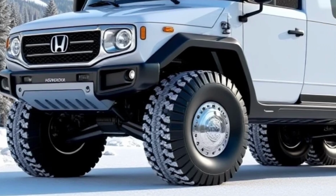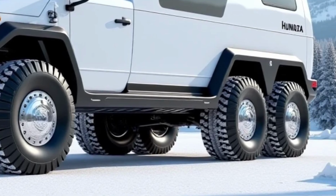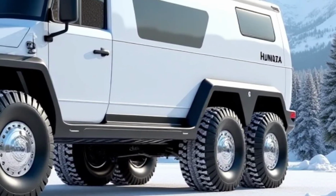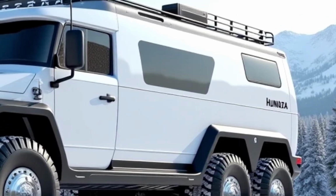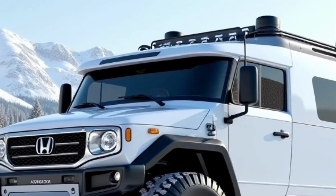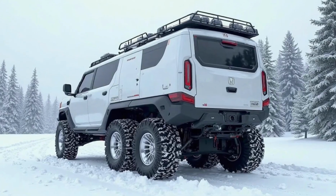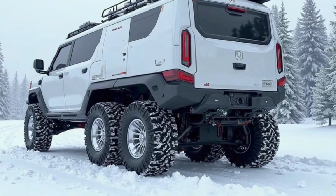Step inside, and the transformation is astonishing. Honda has maximized every inch of interior space to provide a surprisingly roomy living area. There's a modular lounge setup with plush seating that easily converts into a sleeping space for 2 to 3 people. A pop-up roof adds extra headroom, and large panoramic windows bring in plenty of natural light, making the interior feel